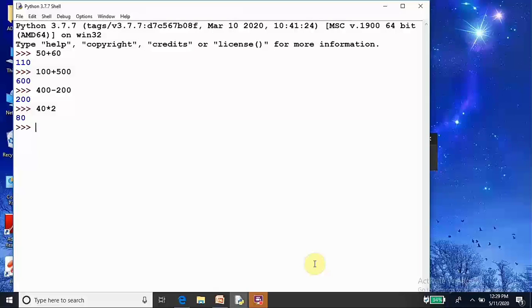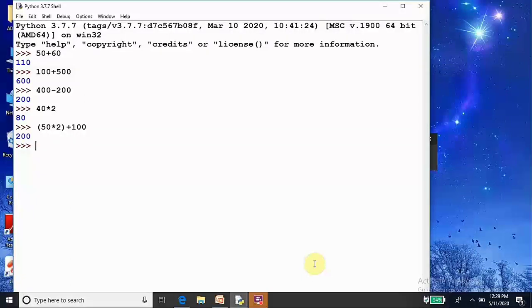You can use brackets. For example, bracket 50 into 2 plus 100. Enter. So this is the output for this expression.